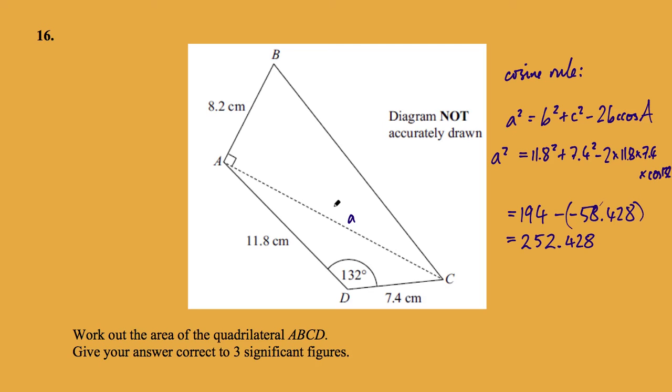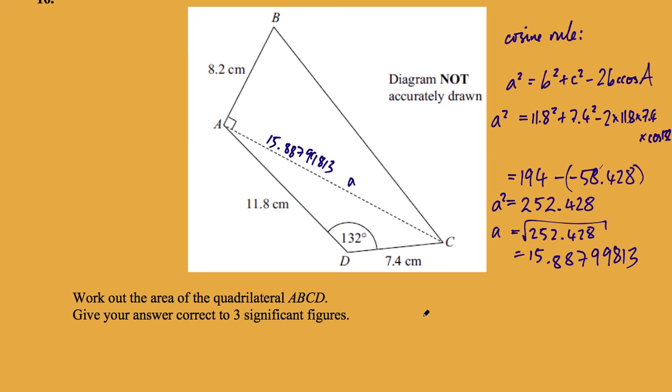That seems... Oh, that's a squared. I was going to label that as a, but of course, looking at the diagram, if that had been 252 centimeters, that would have been far too long. So by checking that, I'm actually avoiding making that mistake where I might have forgotten to square root. So a is square root of that answer, which is 15.88799813. So I'm going to label that on there, my diagram, 15.88799813. So area ABC